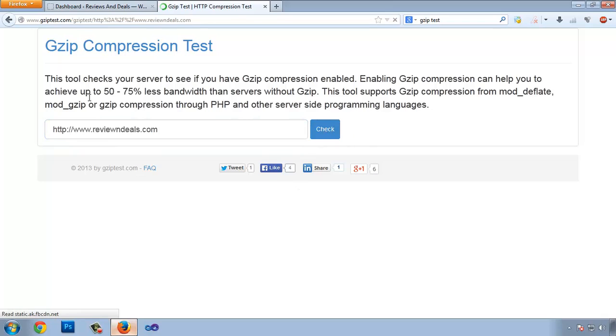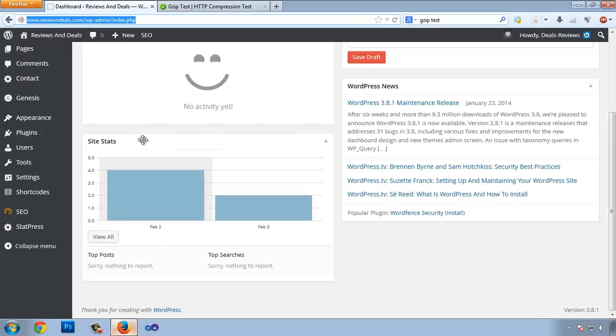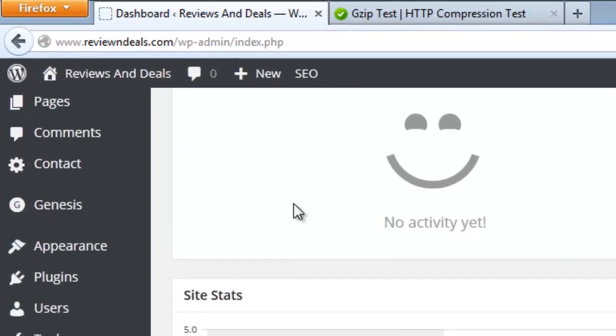Paste and check. So it will check if our site is gZip enabled or not. So it says no, it's not gZip. gZip is not enabled. So to enable the gZip, all you need to do is log into admin panel, and